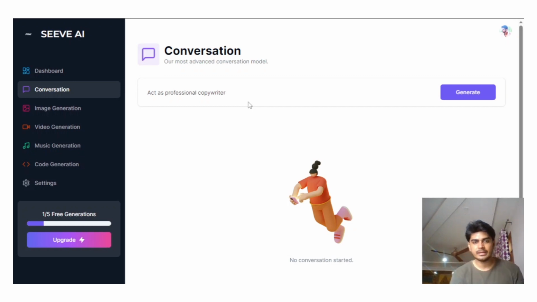So we have assigned the role to our GPT model. This part is assigning the role. It is optional, but to get a good result, you should assign a role so that our GPT model understands what it has to do, what this prompt means, and what you want from it. So now I will let it know about the goal.